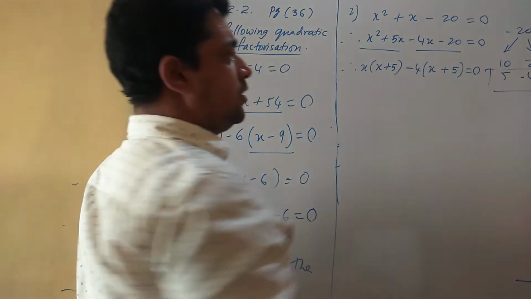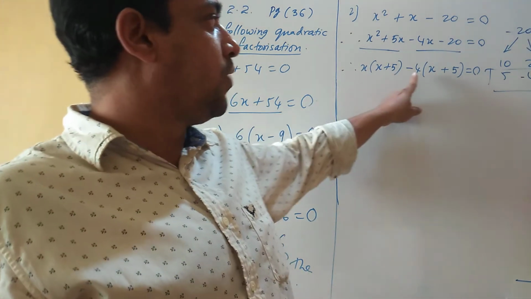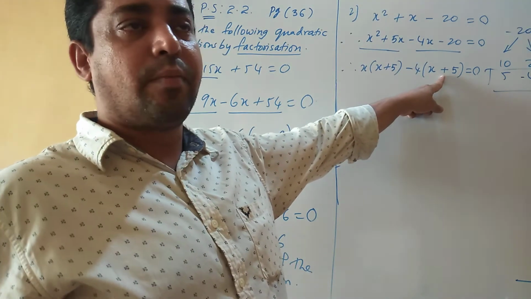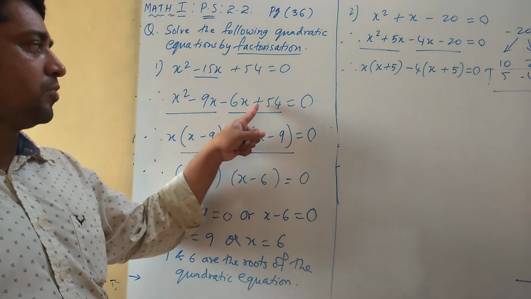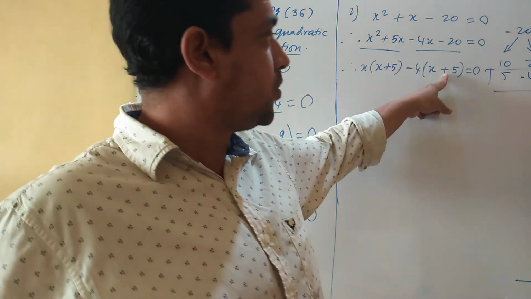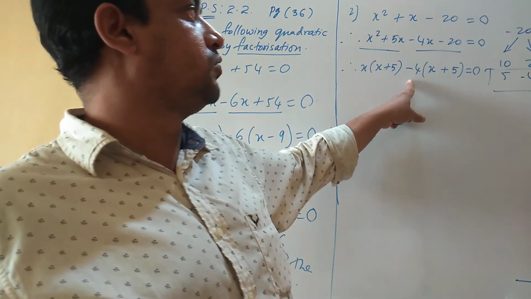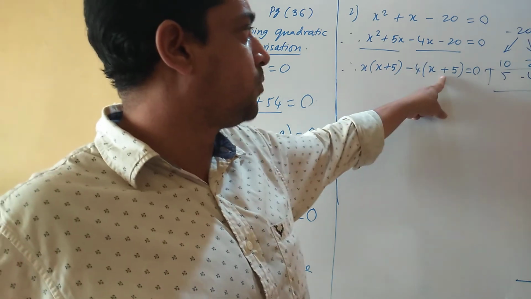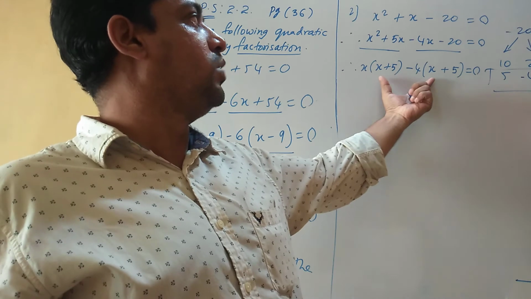Now again you say, sir, you are making the same mistake, the plus sign. I told you whenever we have a negative sign here, the sign will change. Whenever we take a common factor out of the bracket, the sign will change. Here again it was the same case. Check. Negative was there, so I changed it to positive. You can recheck if you want. 4 into x is 4x, minus 4x. 4 times 5 is 20, but I should get minus 20. So minus plus is always minus. Is it clear?